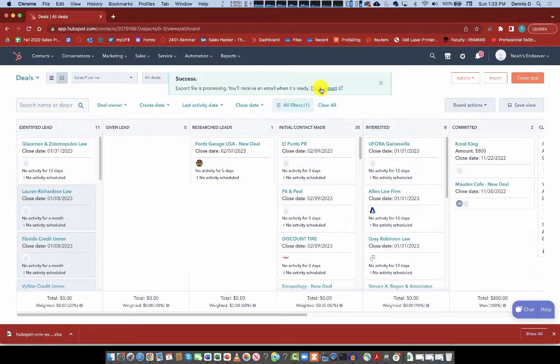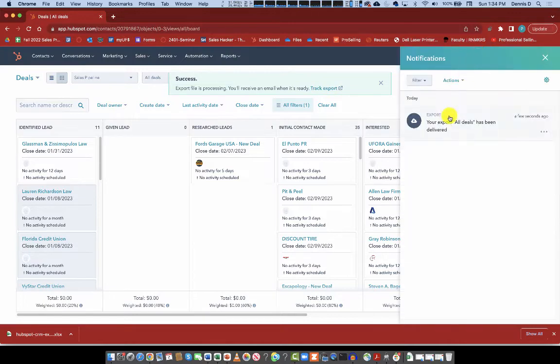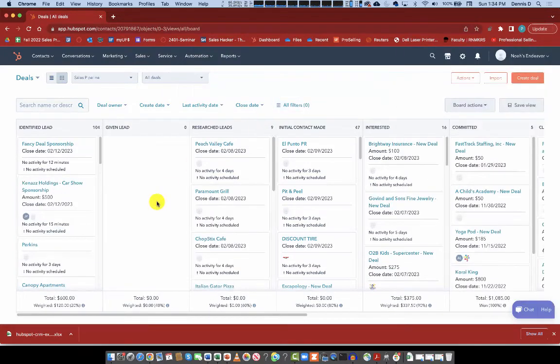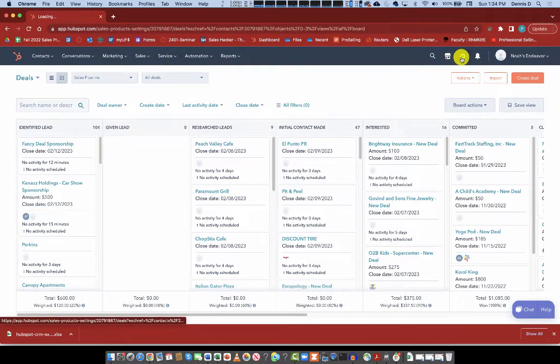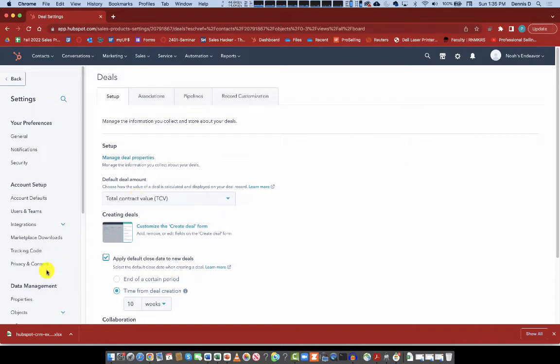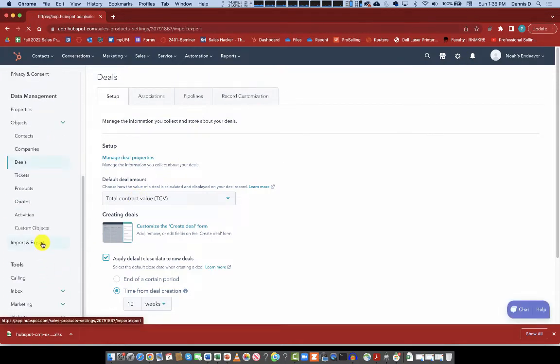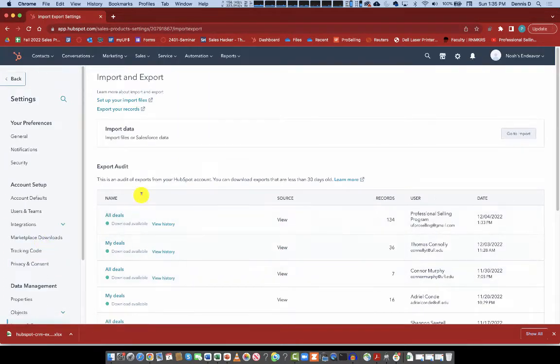If not, you go to the tracker. You can track export. It's also put into your notifications so that you can get to it. If, for whatever reason, you don't know where your tracker went, it's up here in Settings, and you can find it down in Import Export, and that's where you'll find your most recent export, and you can download it at this point in time. So we're going to open this up,